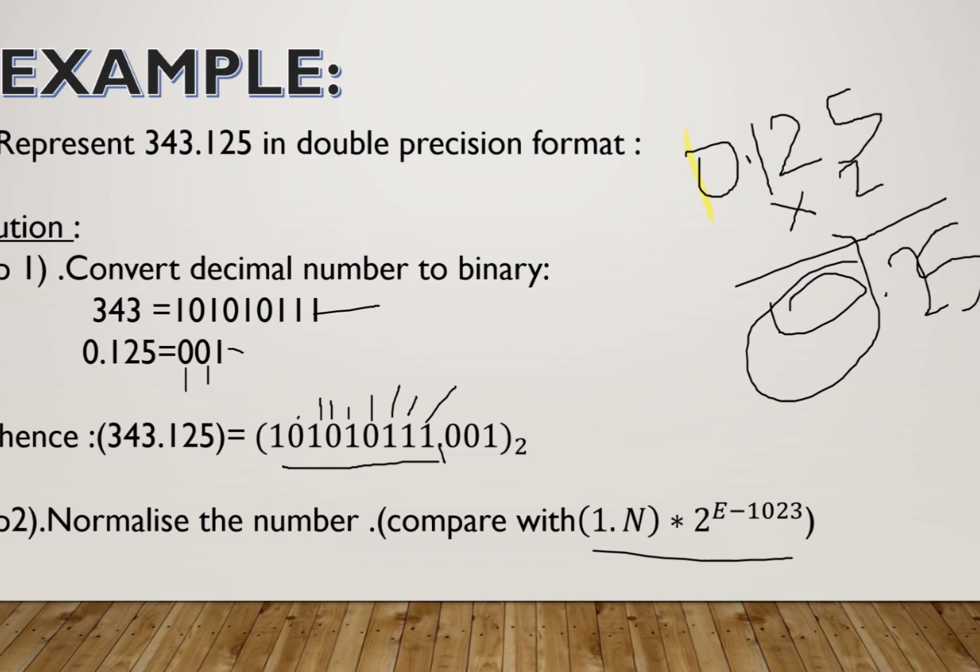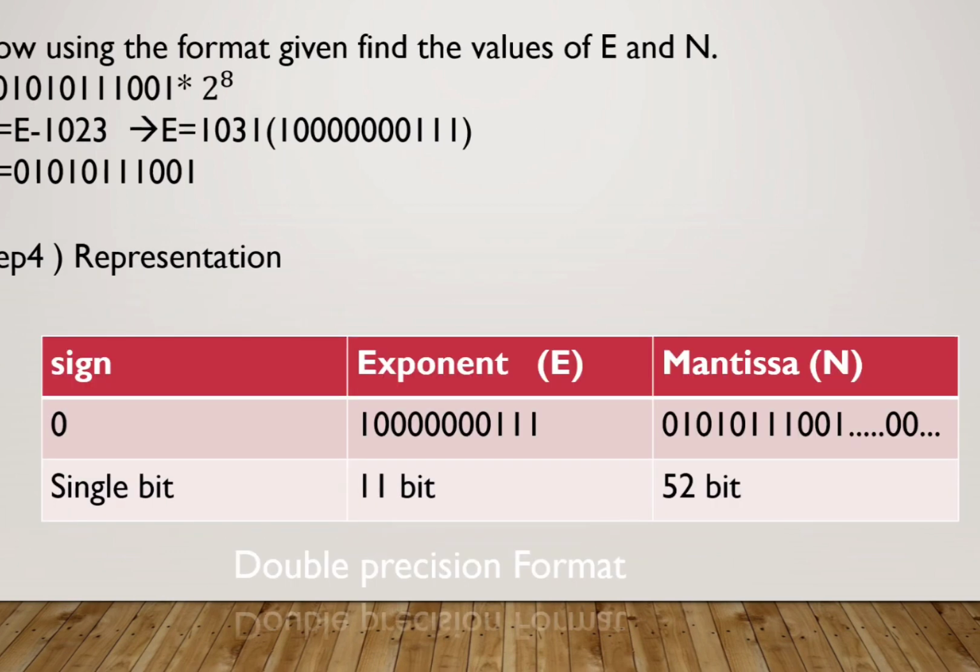By 8 digits. We have to shift that decimal to the left. Our number will be in the next slide, so I will show you. We shifted the decimal by 8 digits, so our number is 1 point, and this number